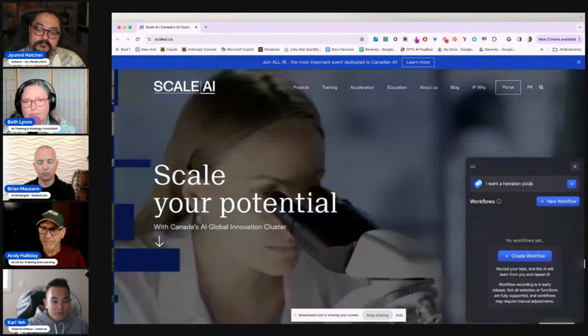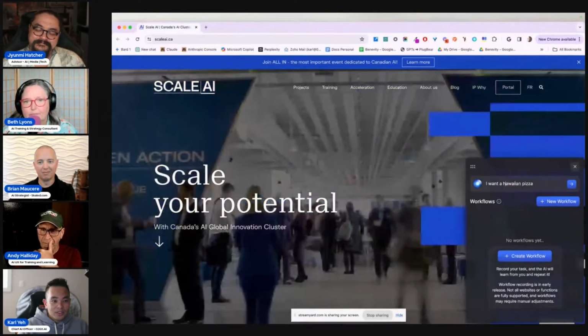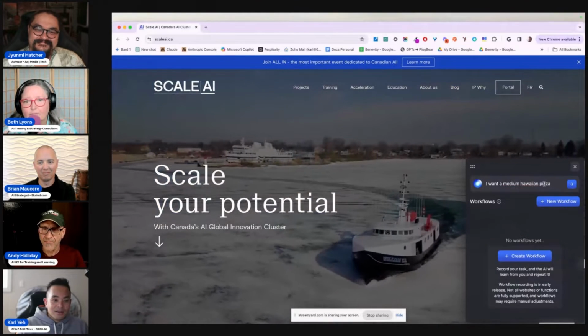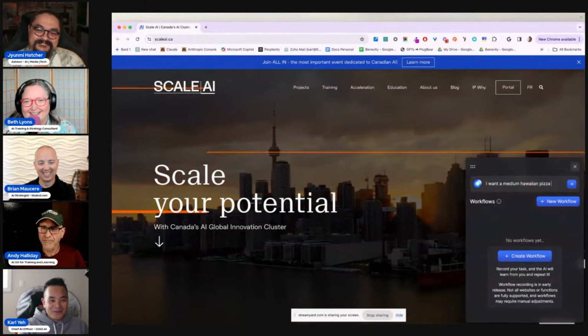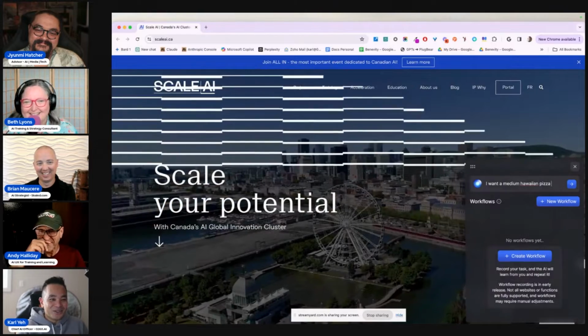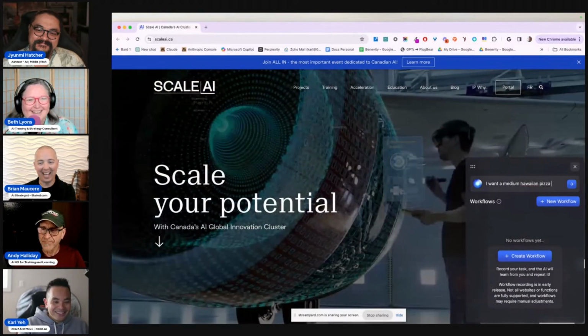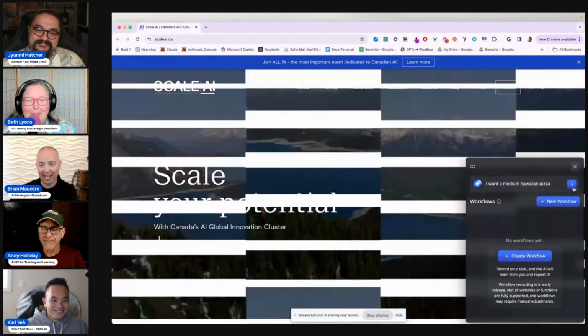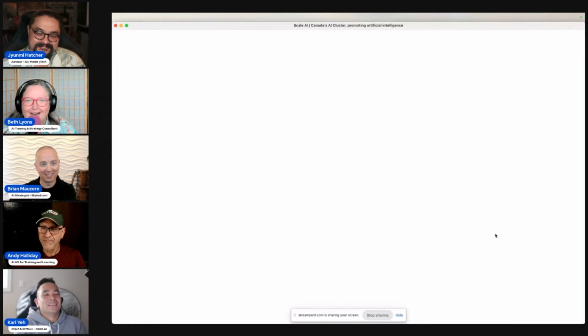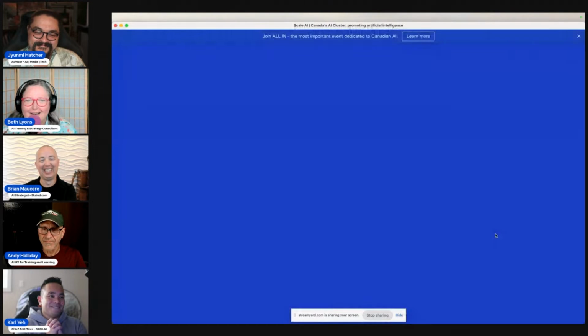So I'm just going to go very simple. I want a Hawaiian pizza, about a medium. And apologies to those who don't think pineapple should be on pizza, but that's just too bad because I enjoy it. It absolutely should. Just so that's clear, it absolutely should be on pizza. So Karl, out of the gate with controversy.